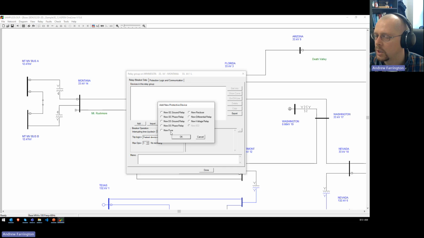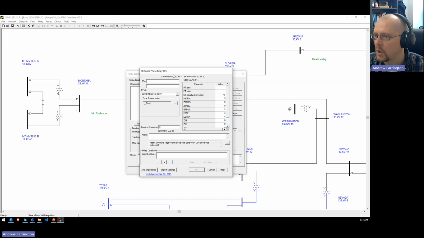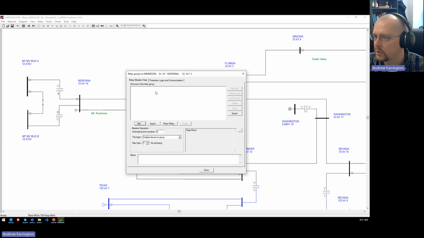I can show you how to do that. You add, let's say, a new distance relay. DS stands for distance, so I can do a new phase distance relay. You select what type of relay it is. Let's say it's an SEL 411L. Okay, and then you set up your actual relay data. That is how you would add the different